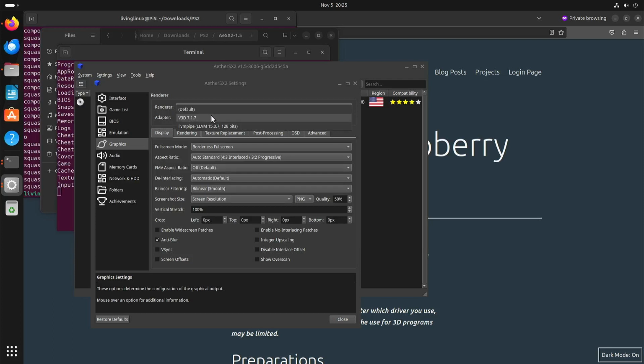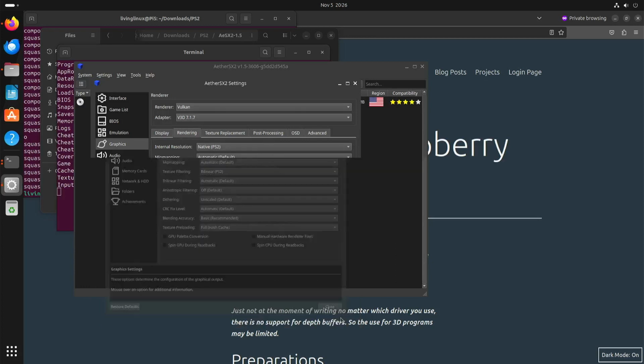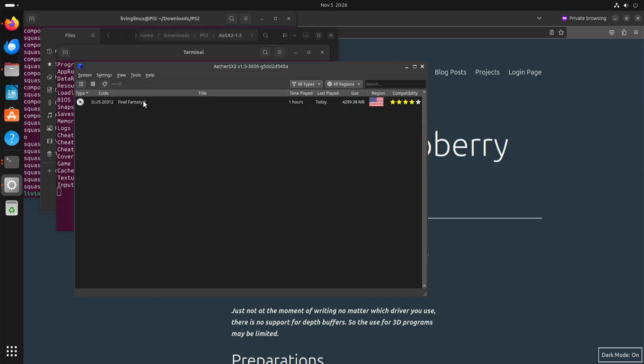You can also see that you can actually choose the adapter. In this case, if I go with OpenGL, then I can't choose the adapter. That's usually a sign that OpenGL is not properly set up. I'm setting it to native resolution. I've tested Final Fantasy X, and most of the things run at a reasonable speed, but there's some very